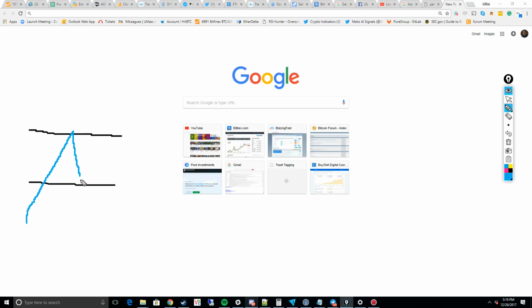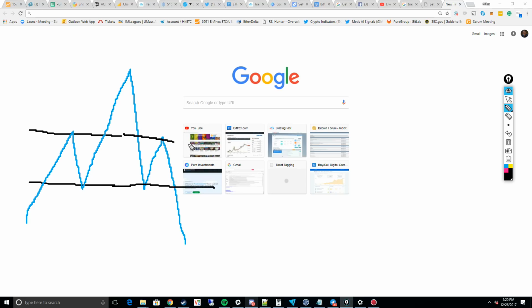It hits one point, bounces back down, goes up, breaks through resistance, hits an all-time high, comes back down, hits support. You think it's going for another high, but it bounces off of that same resistance line and then breaks back down. So head and shoulders has some good selling and buying opportunities, but it also usually ends up in a negative sense,